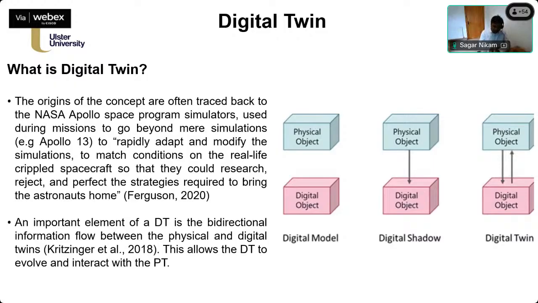The very first difficulty you face is building a digital object that will take the information from the physical space. That is very challenging, and many people are working in this field itself: how can we build a digital object that can take real-time information from physical objects. Some other researchers are focusing on how we can send that information back to the physical object so that we can control it. And the digital twin,